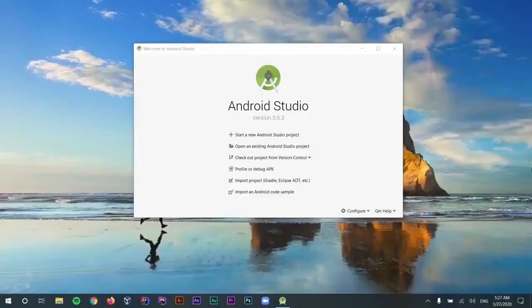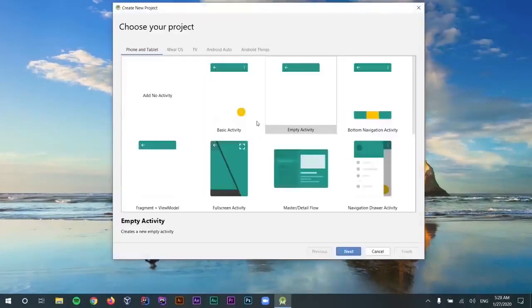We are going to create our first application. We can do so by opening Android Studio and selecting this Start a New Android Studio project. First of all, in this window, we can see some templates. These templates are just some small applications that have some code written to some level. For example, in this basic activity, you can see that we have a small button and also a menu above